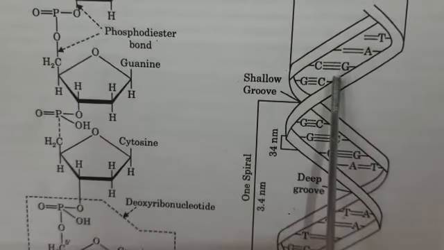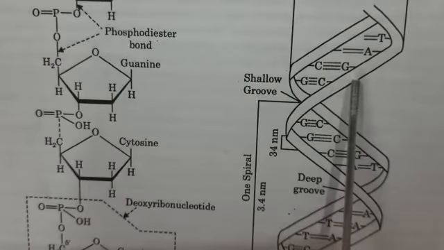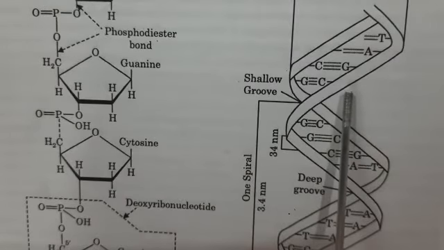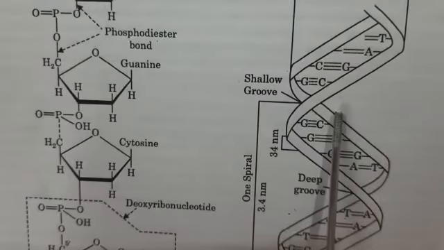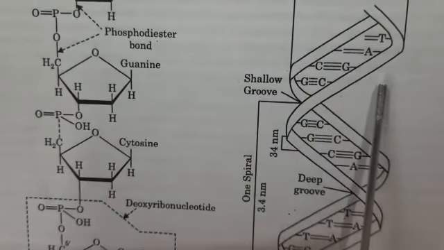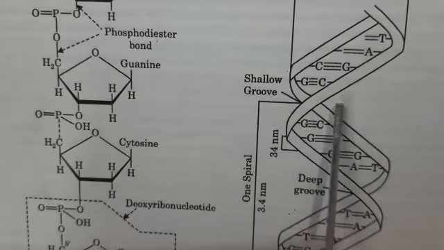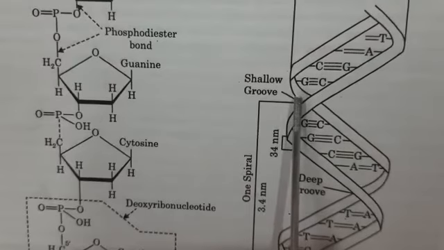Thus the two polynucleotide chains of DNA are complementary to each other. In other words, the two chains are not identical. It is because of a specific base pairing with a purine lying opposite to the pyrimidine. A larger-sized purine always lies opposite to a smaller-sized pyrimidine, A opposite T and G opposite C. This provides a uniform thickness of 2 nm to the two chains in a DNA molecule.